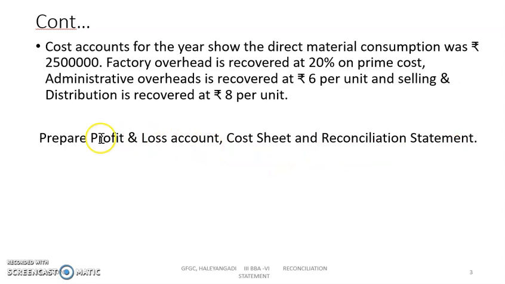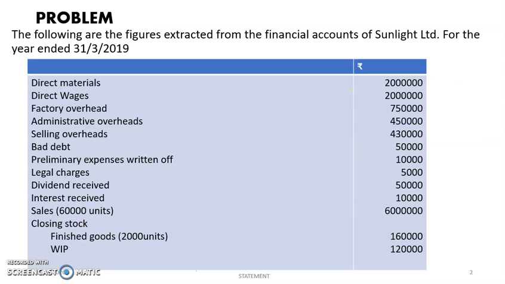Now unless you know the profit or loss of the P&L account, and profit or loss as per the cost sheet, we cannot prepare the reconciliation statement. Okay, so now let us go first to the preparation of the profit and loss account. Now with these details, you have to prepare the profit and loss account. Please remember what you have learned in your financial accounting. So material, wages, factory overheads, that is trading account, trading and profit and loss account.